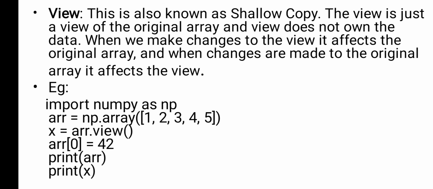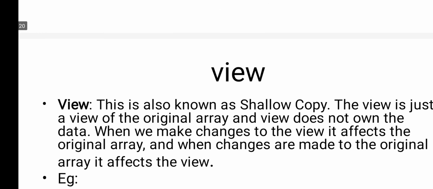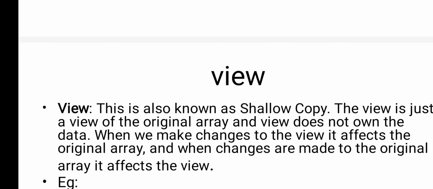Now view is just a view of the original array. When you perform a view operation, it won't create any copy and it won't own any elements; it just presents the array to the user. Using a view we cannot make changes, but using a copy you can make changes, and those apply only to the copied array, not the original one. View is nothing but presenting the elements. Copy means creating a new copy with the same elements, and you can add or delete elements if you want to make any changes to the copied array.